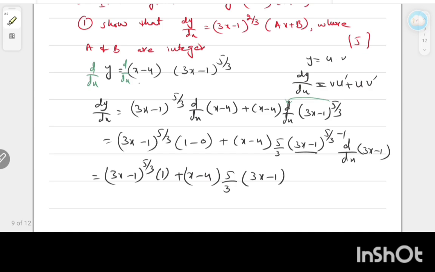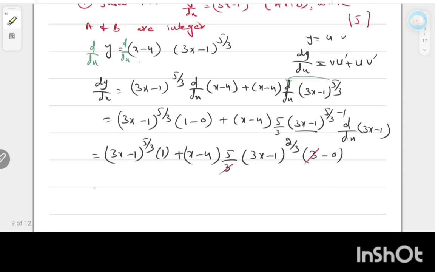What's the answer? Its answer is 2 by 3. And what's the derivative of 3x? The derivative of 3x is 3, and the derivative of a constant is 0. So very simple, this 3 and this 3 cancel each other. We got (3x minus 1) to the power 5 by 3 plus x minus 4, and this 5 and 3x minus 1 will be